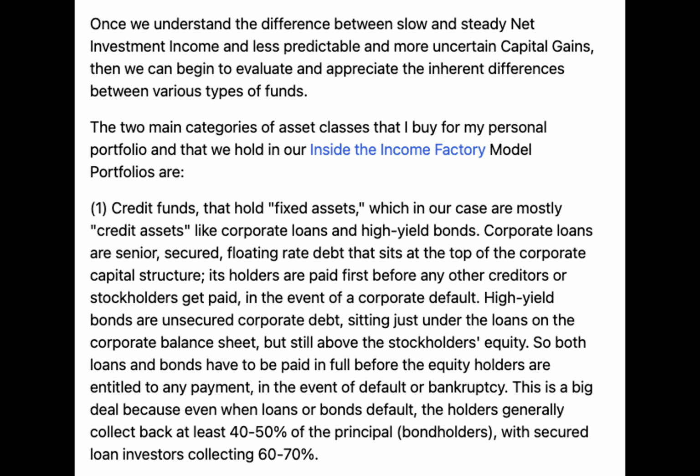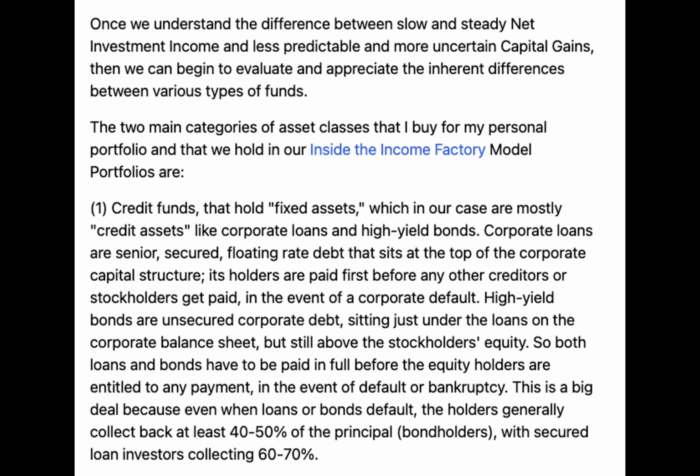Once we understand the difference between slow and steady net investment income and less predictable and more uncertain capital gains, then we can begin to evaluate and appreciate the inherent differences between various types of funds. The two main categories of asset classes that I buy for my personal portfolio and that we hold in our Income Factory model portfolios are: 1. Credit funds that hold fixed assets, which in our case are mostly credit assets like corporate loans and high yield